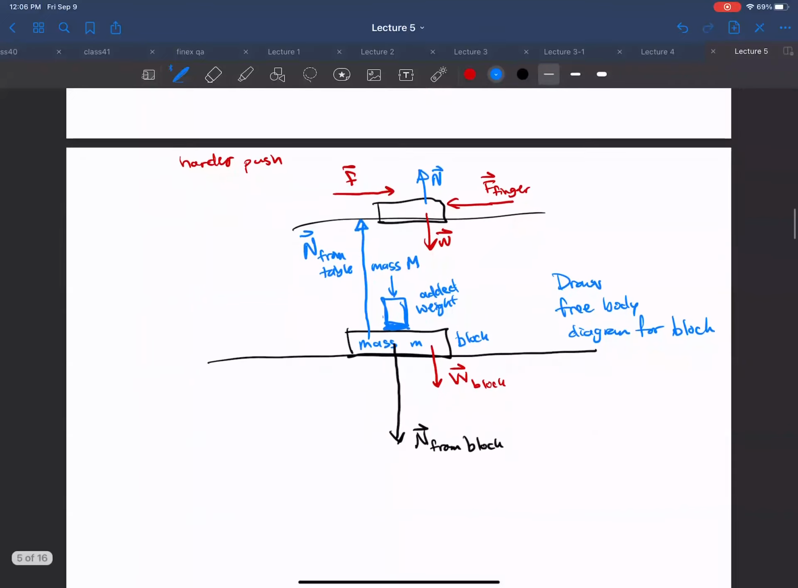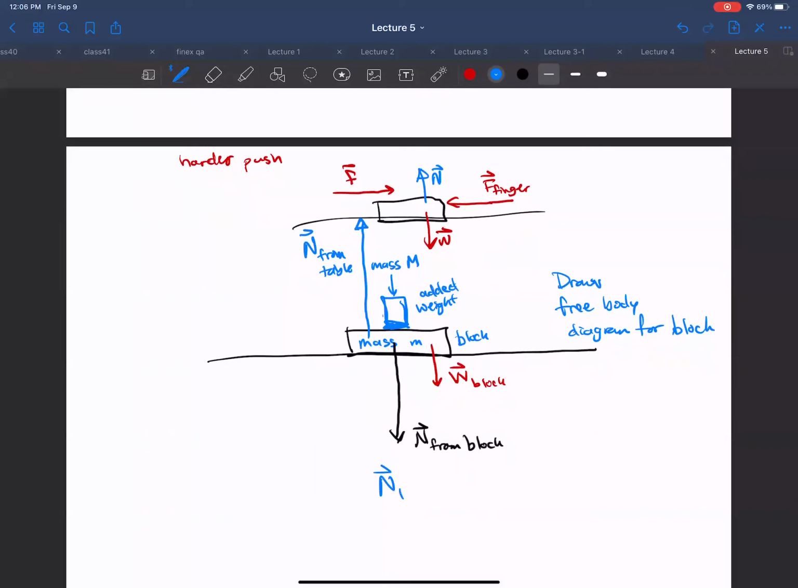And the vertical forces have to cancel, so the normal force from the table plus the normal force from the block plus the weight of the block. All those have to sum to 0. We know that these two forces